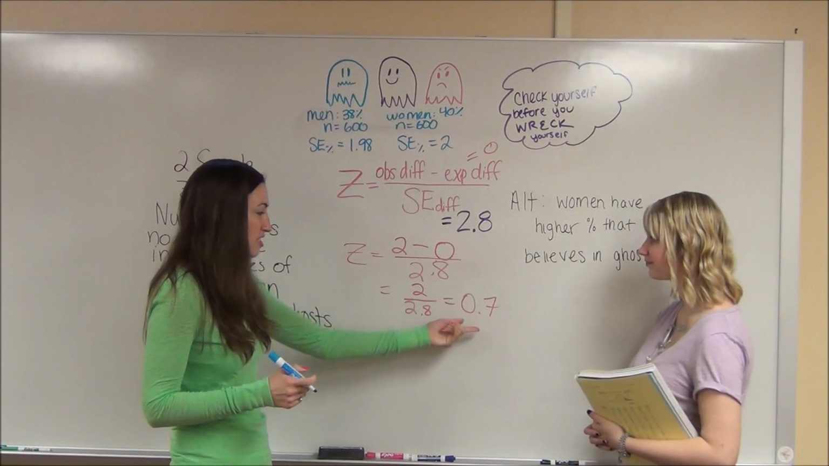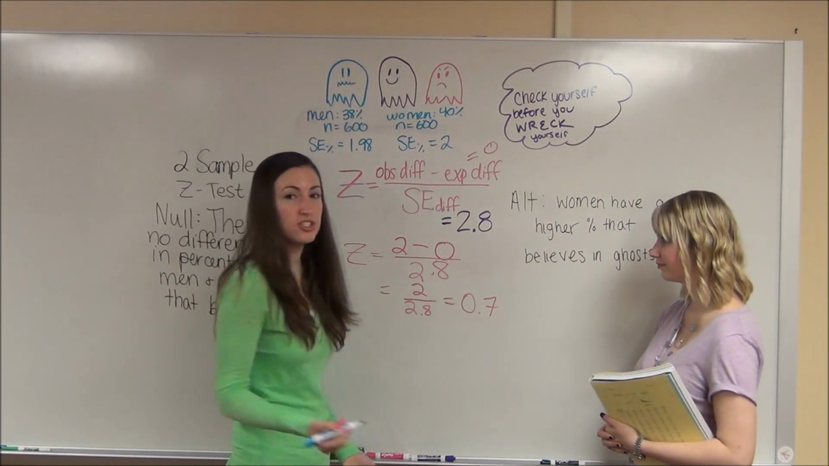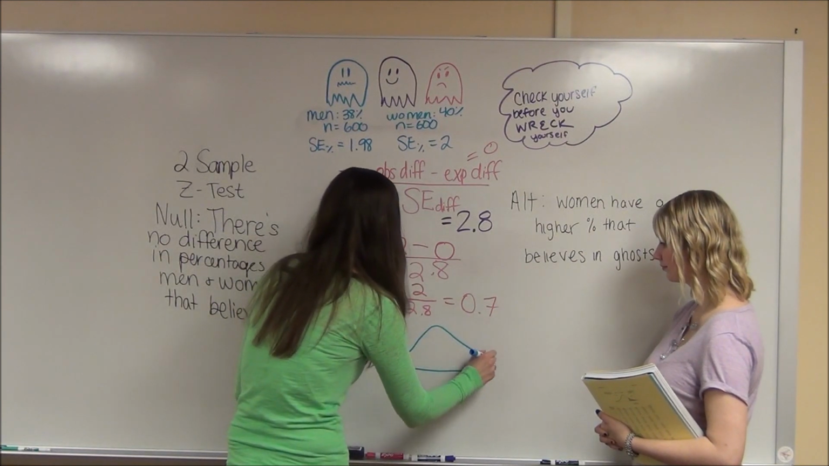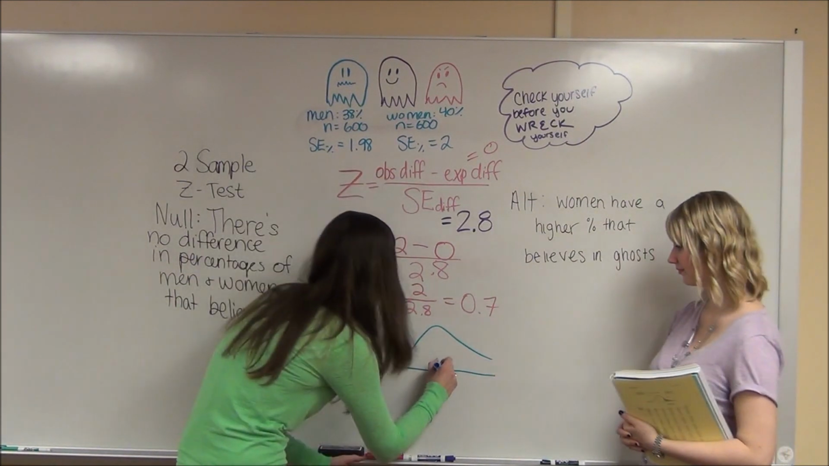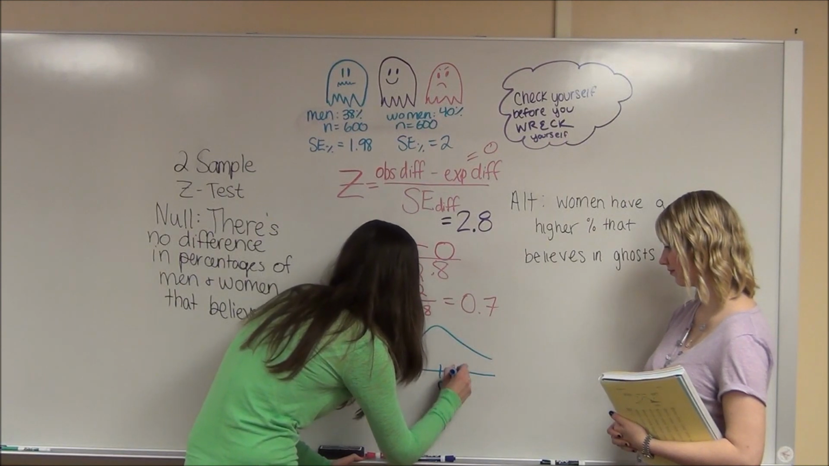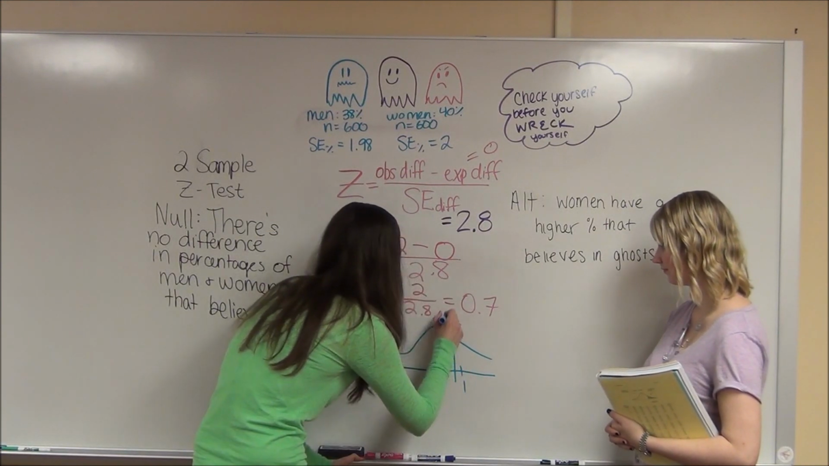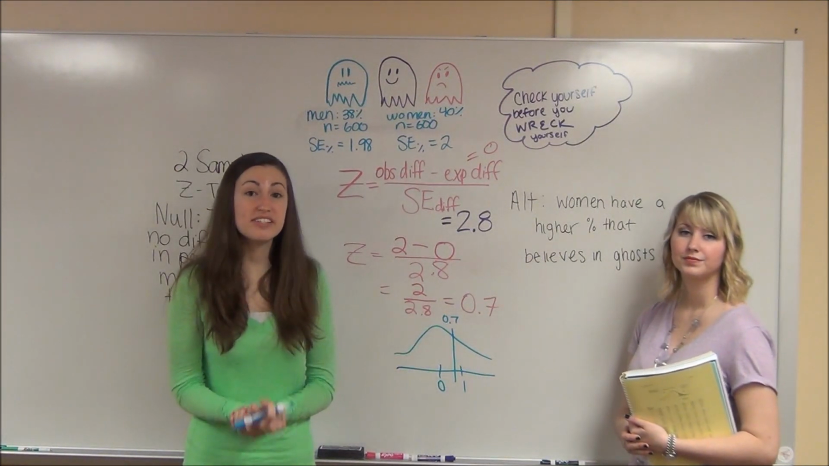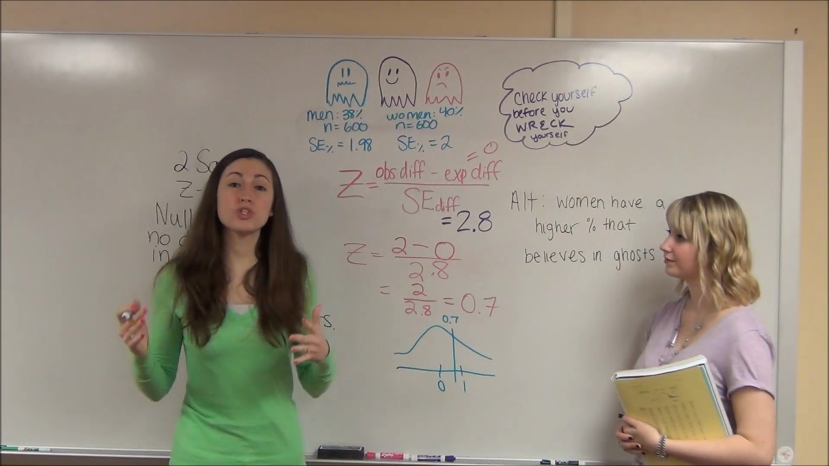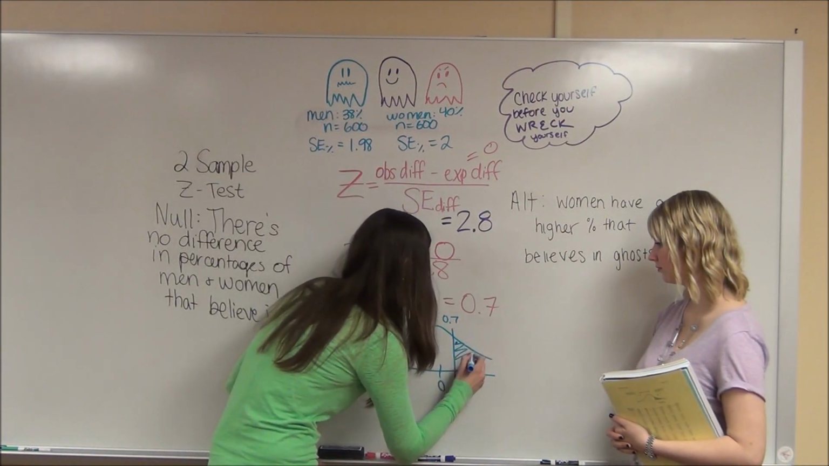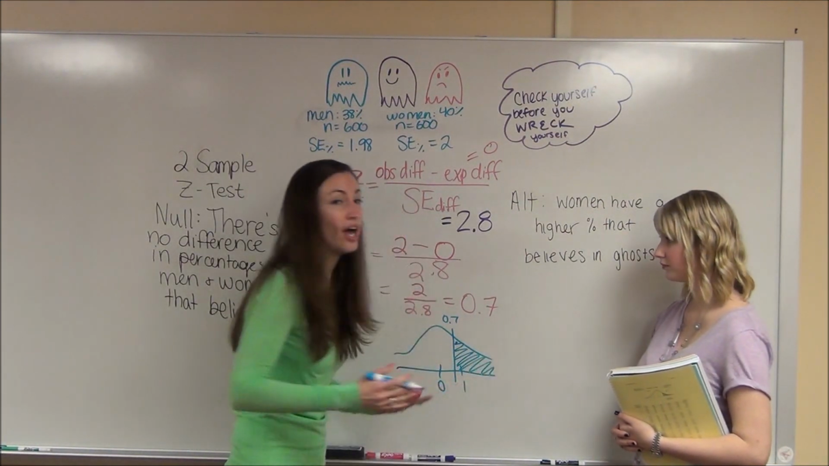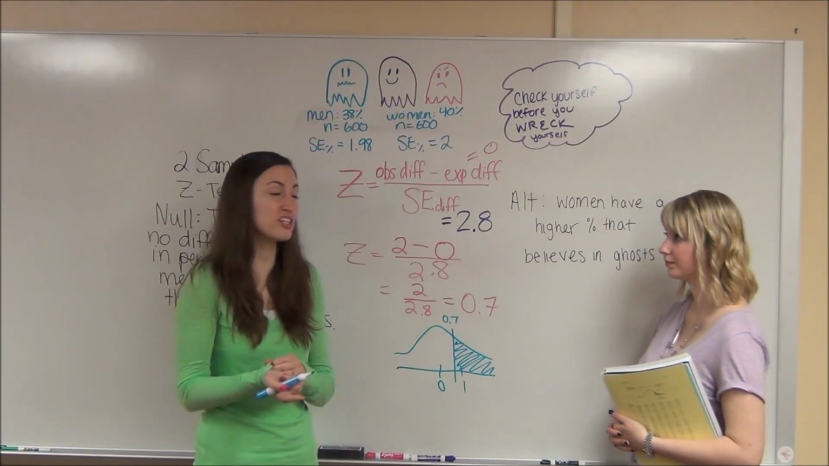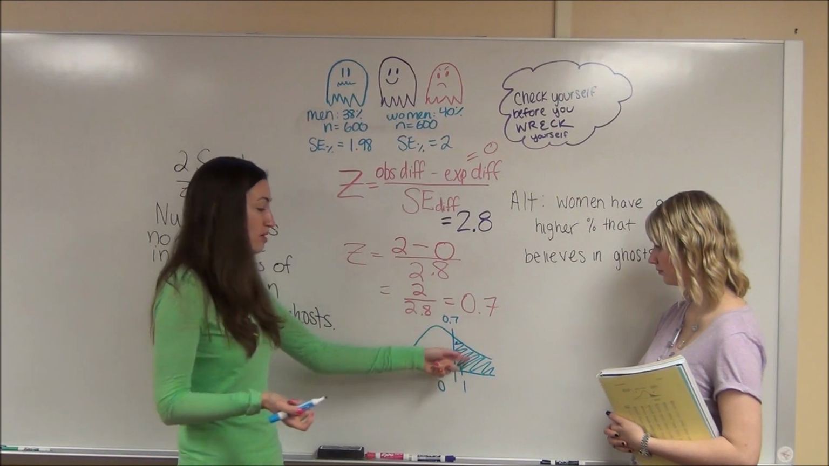Okay, so my z-statistic is 0.7, and now what I want to do is find the p-value. We're doing a z-test, which means we're using the normal curve. 0.7 is going to be right about here. And remember, my p-value is the probability that I'm going to see the difference that I saw, or something more extreme, or something bigger, if the null hypothesis is true, if there's actually no difference between men and women in the percentages if they believe in ghosts. So what I'm going to do, I want this